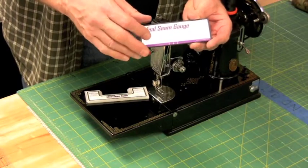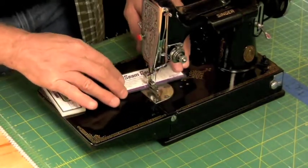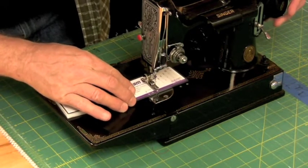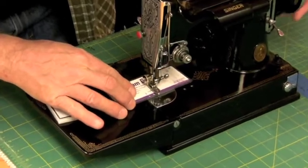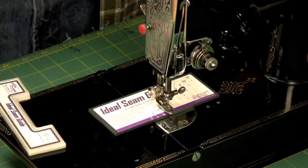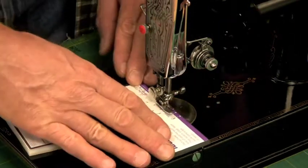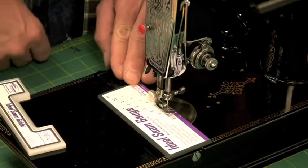To use the guide, lift the needle and lift the presser bar. Place the seam gauge underneath the needle and lower the needle into the hole that represents the seam that you want, just like that. Then you rotate the seam gauge into the direction you're going to sew, drop the presser foot, then you take